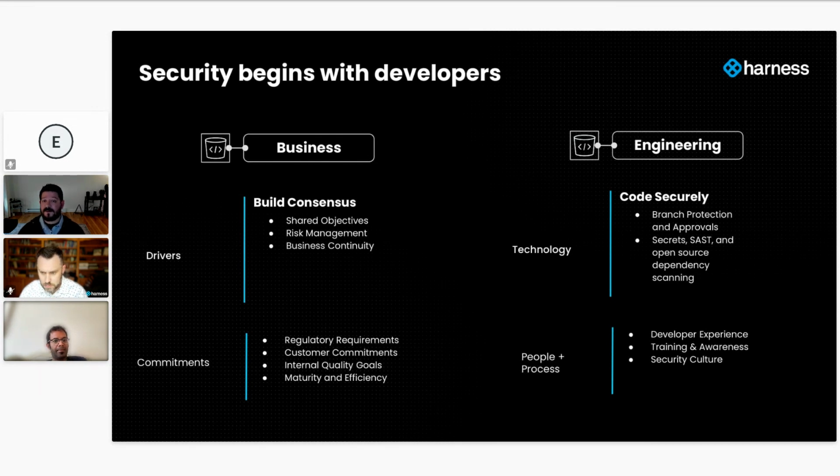Another thing to build consensus around is risk management. Coming in as a security leader, as a security practitioner, I really want to partner with my colleagues in engineering, both at the leadership and at the subject matter expert level, to de-risk our software delivery process, and through that de-risking, preserve the velocity of innovation and change.